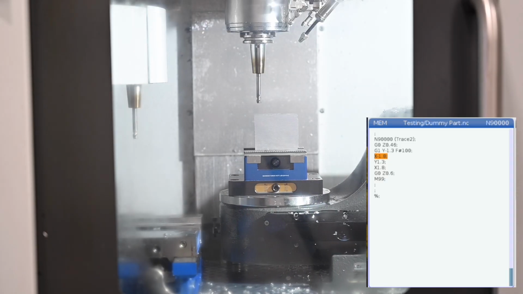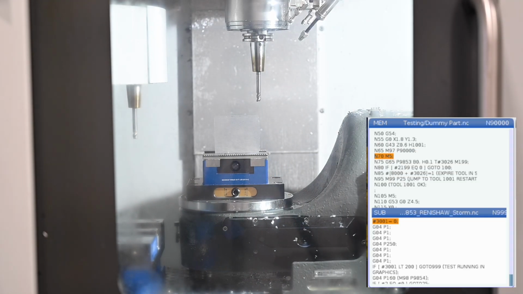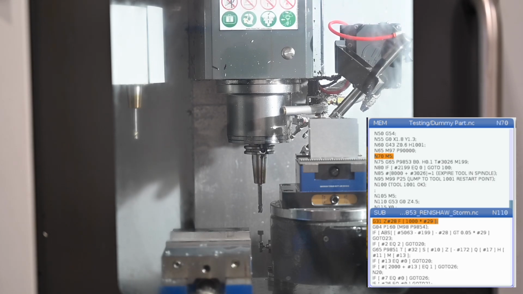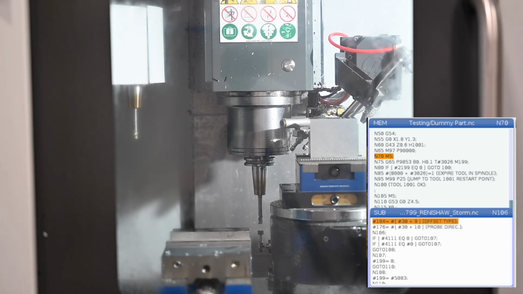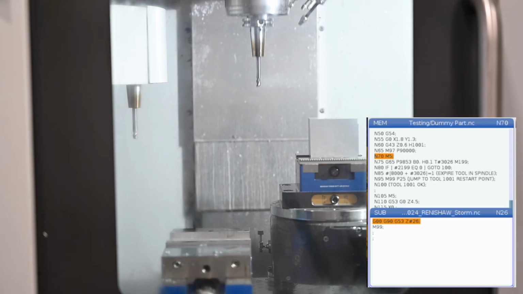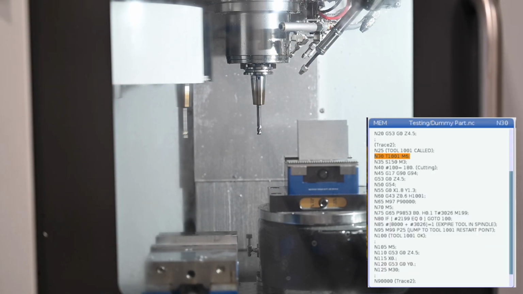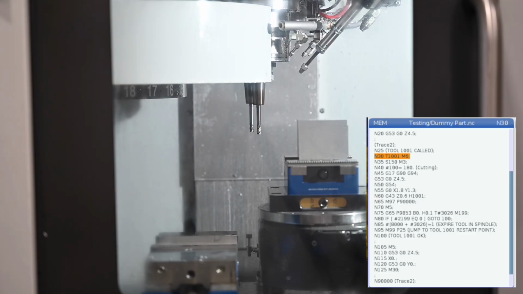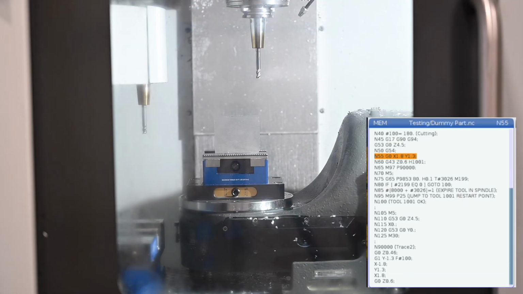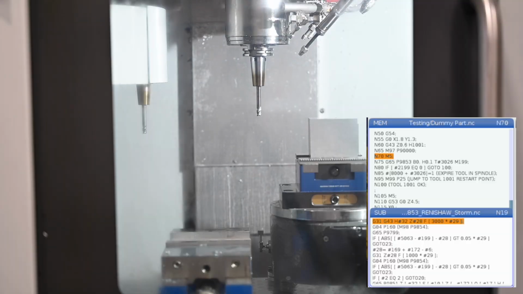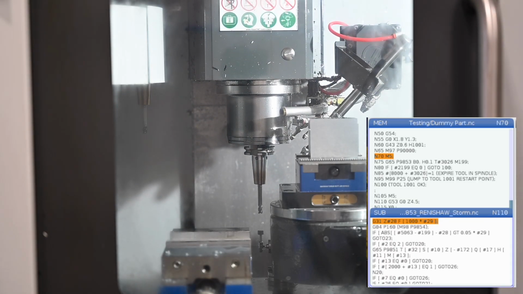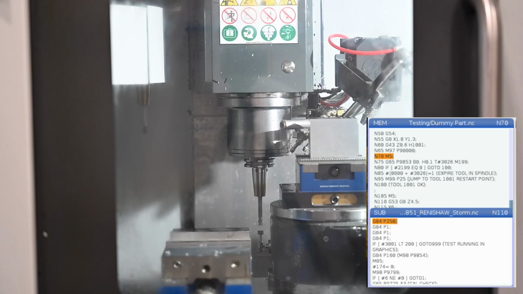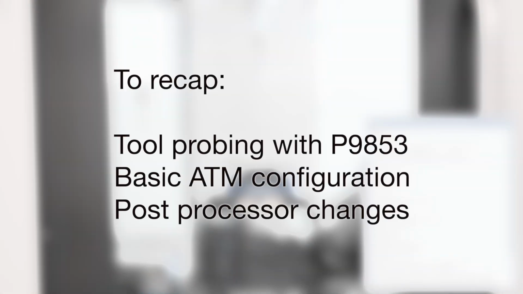The simple trace operation runs and a tool break cycle is called. At this point, we see that the tool did not make contact with the stylus. The modifications we made to the post-processor expire tool 13 and jump back to the top of the operation. When tool 1001 is called again, the machine selects tool 14. This time, the tool makes contact with the stylus and the program is able to complete successfully. In this video, we covered tool probing cycles, the basics of the Haas Advanced Tool Management System, and made some modifications to the Fusion Haas post-processor.